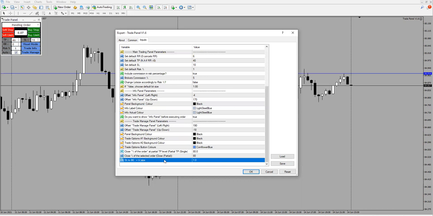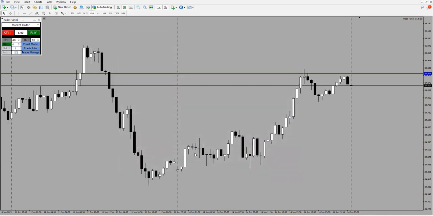And finally, you've got your stop loss to break even. So if price gets to your stop loss to break even level, it'll put it X pips in profit. So in this instance, 1 pip. And once you've got that on there,